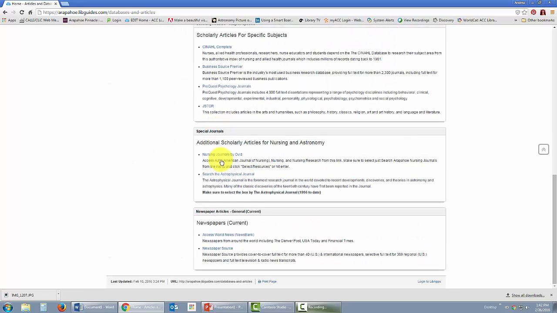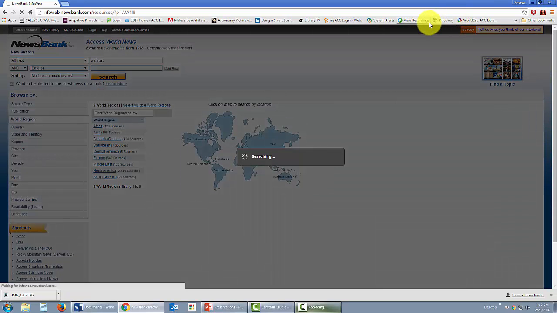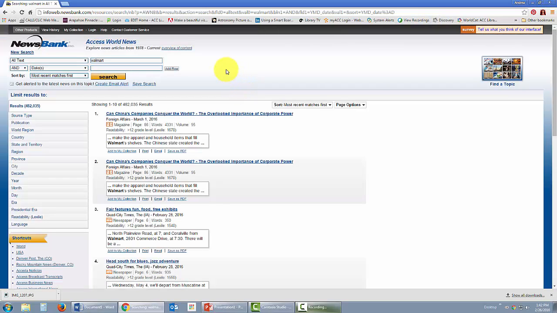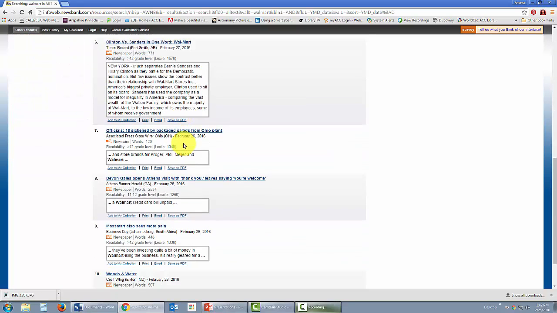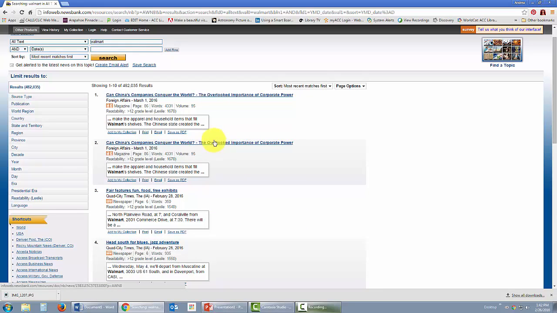Okay, we do have some newspaper databases here as well. So if you wanted to see when a company was entering the news, you could click on Access World News. This is our big newspaper database, and I'm going to go with Walmart because there should probably be some articles on them. Hit search, and then it's going to bring back all the articles that talk about Walmart. And we have some pretty recent ones here,